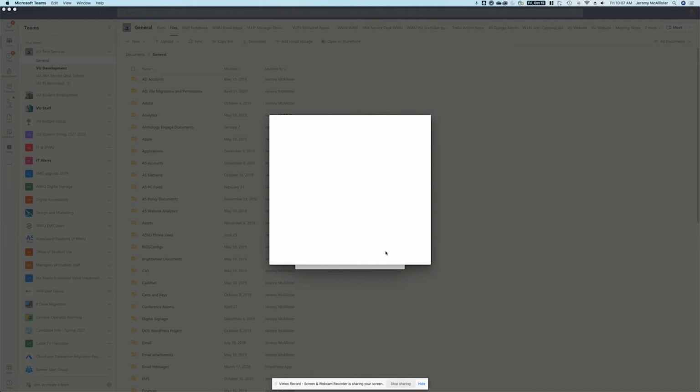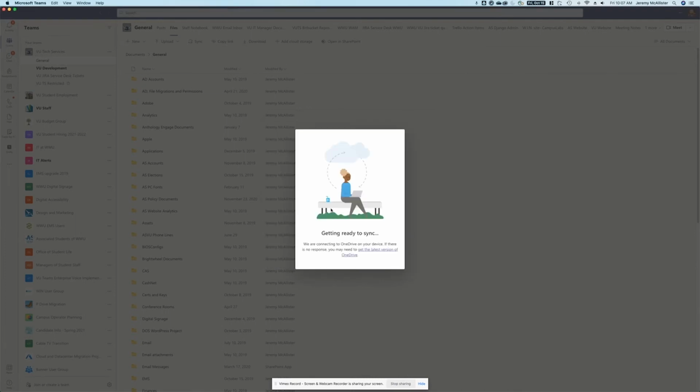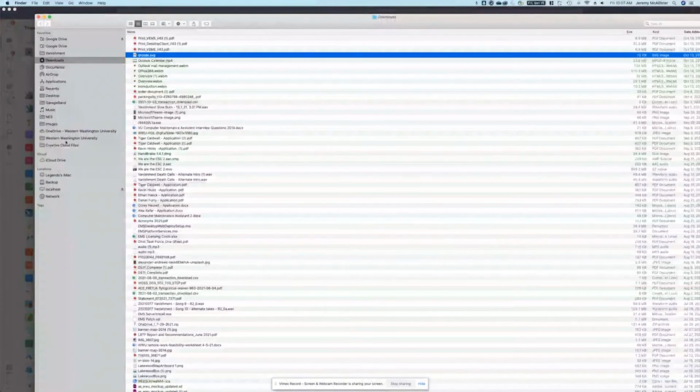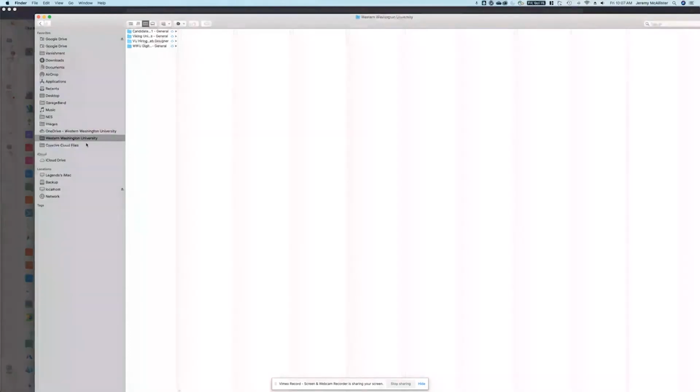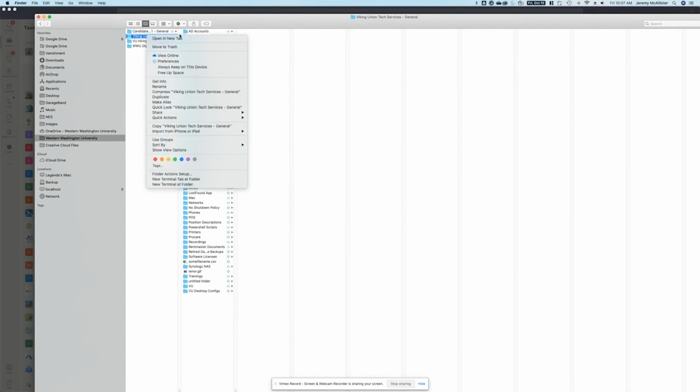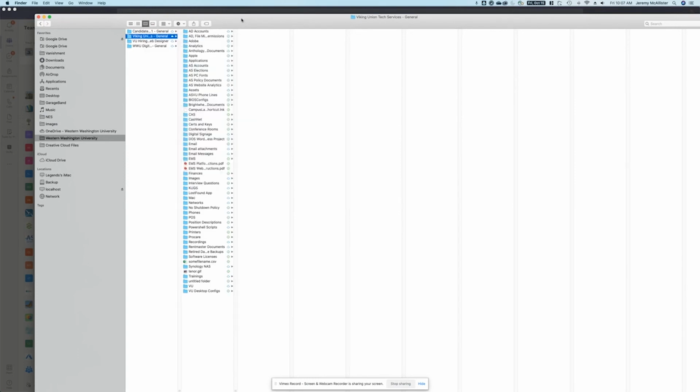And what it'll do is it'll show up in Finder and File Explorer, and you can access it through those things. So if I go to Finder, for example, I'll open this up over here. So I'm using a Mac right now, but if I go here, it'll show up here on the left once you finish the configuration of the sync and show up as Western Washington University. And then you'll start to look for your team in there. So this is the VU Tech Services team. And then I go in here, and as you'll notice,